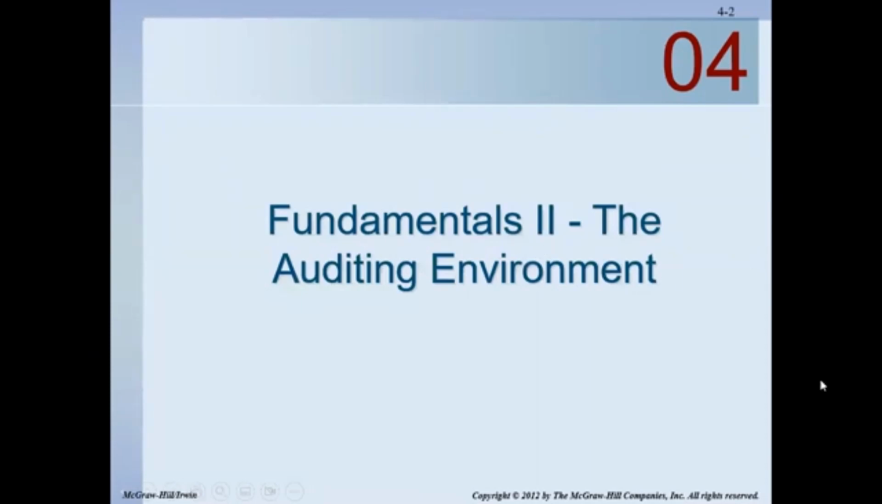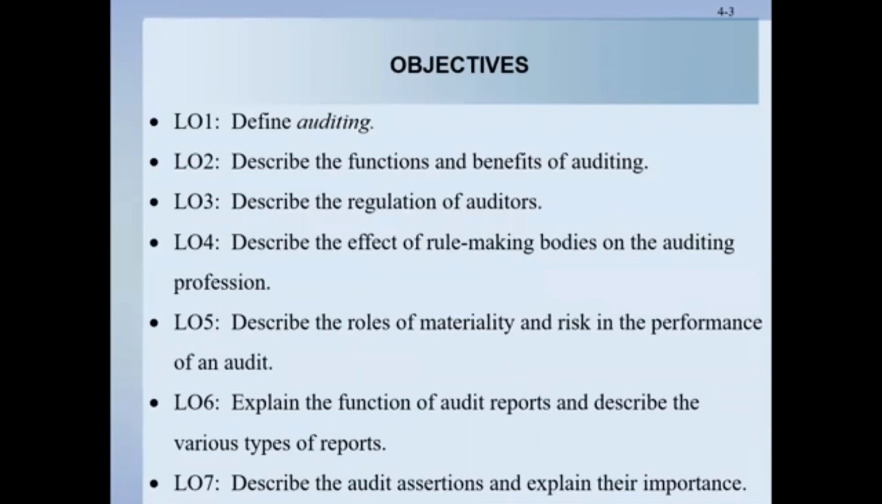Chapter 4 deals with the auditing environment. The objectives for Chapter 4 are: 1, define auditing; 2, describe the functions and benefits of auditing; 3, describe the regulation of auditors; 4, describe the effect of rulemaking bodies on the auditing profession; 5, describe the roles of materiality and risk in the performance of an audit; 6, explain the function of audit reports and describe the various types of